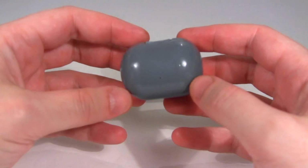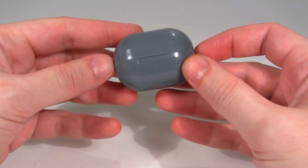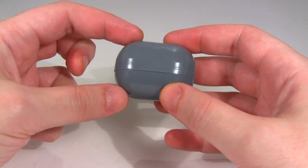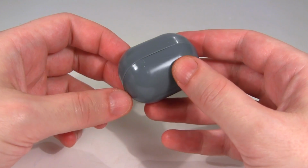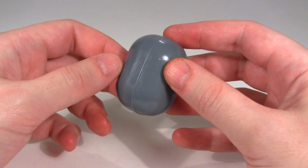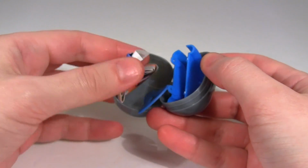So here is the capsule that was inside that chocolate egg, and I hear in certain parts of the world putting non-food stuff inside food is illegal because it's a choking hazard, I guess. But frankly, if you fail to notice something this big in food and die choking on it, you deserve to have your genes removed from the gene pool. But let's open this up and...